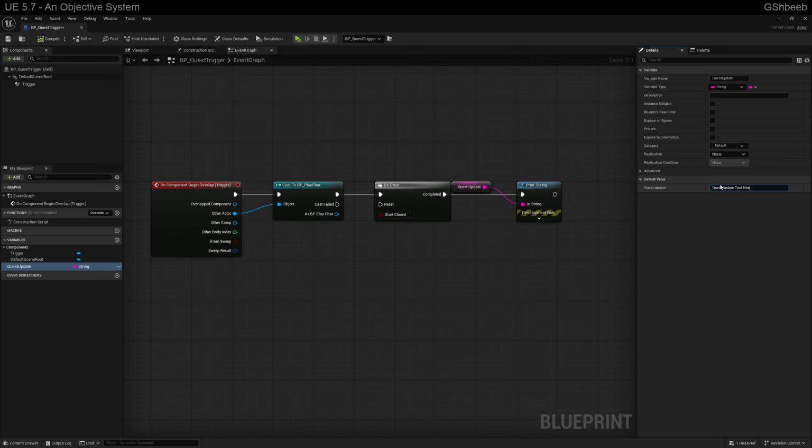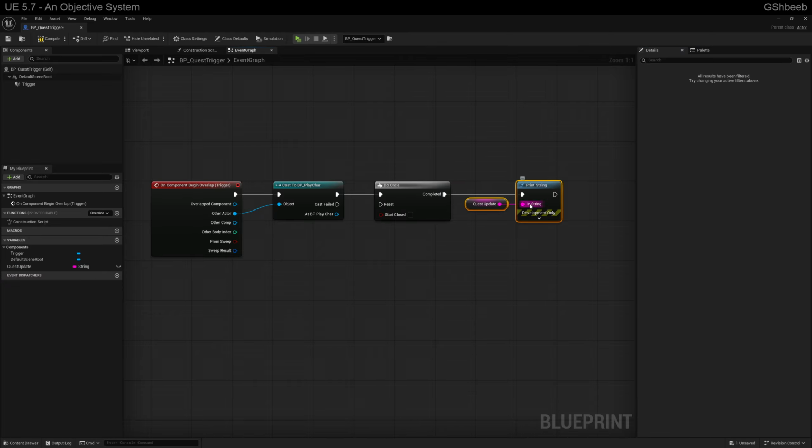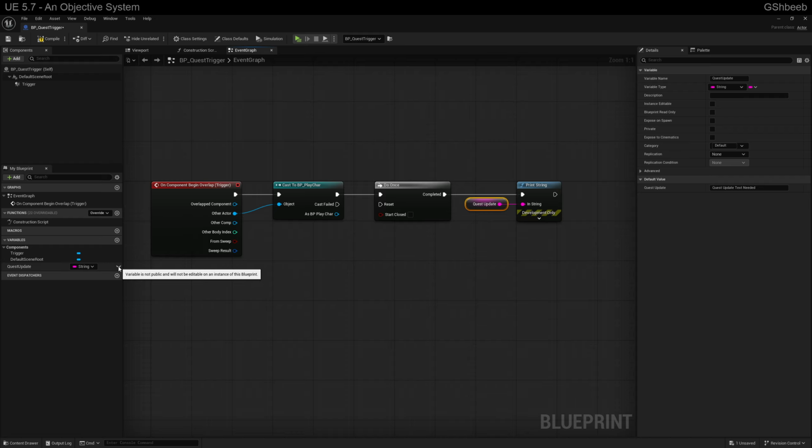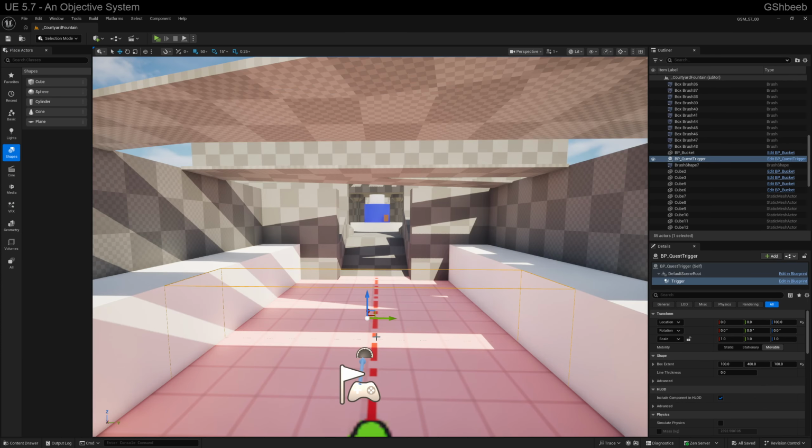So we'll have the default text here say text needed. So this is now text that's going to tell the developer, hey, you haven't put in the intentional thing. So make sure that you do this. So I have this text value, and if I just click on this little eyeball here, you'll notice a checkbox fires off up here, instance editable. That means that when I go place this thing in the world, if I select it,